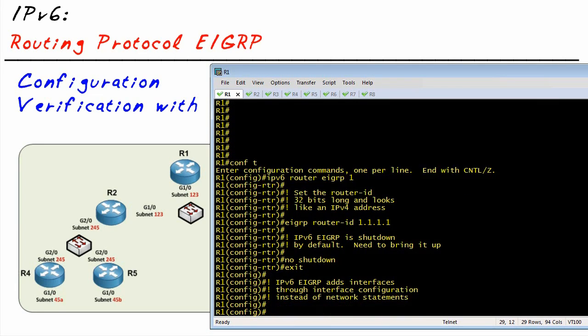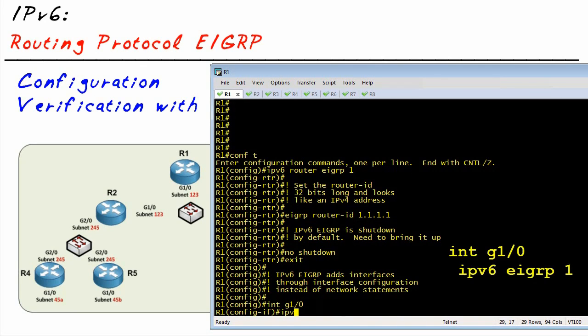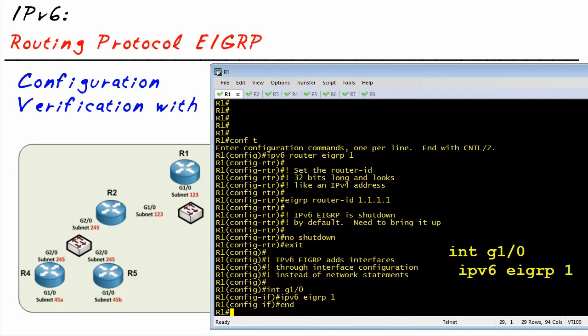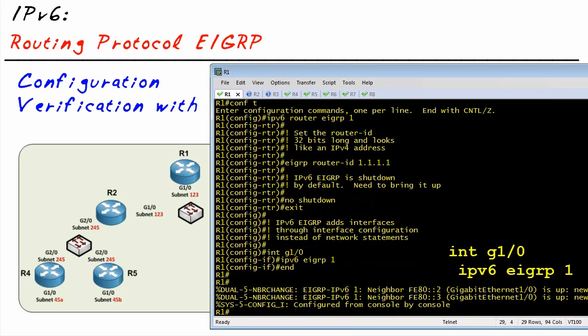So let's just put gig 10. We'll go to interface gig 10 and say, dear Mr. Interface gig 10, congratulations, you get to participate in IPv6 EIGRP Autonomous System number 1. And look how happy he is. He's already gotten some feedback. It says, boom, I've gotten some adjacencies already from